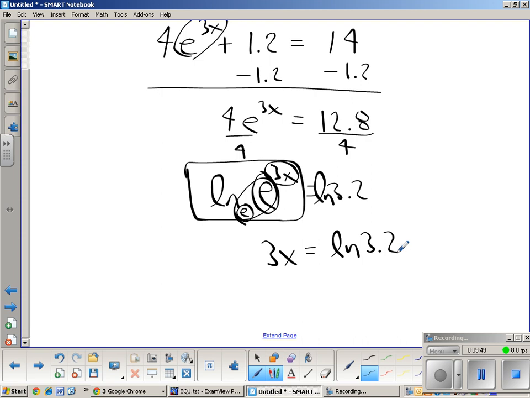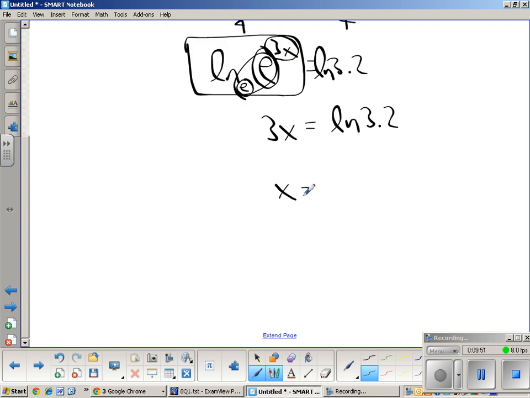And then if I divide by 3, I get x is equal to natural log of 3.2 divided by 3. The whole thing divided by 3, not just the 3.2. Now, unlike yesterday when we did it with the same base, we then had to apply the change of base formula or rely on our calculator to change the base for us. In this case, natural log base e is one of the features of our calculator. It's right there underneath LOG, right? And so we can just do this. X is about,